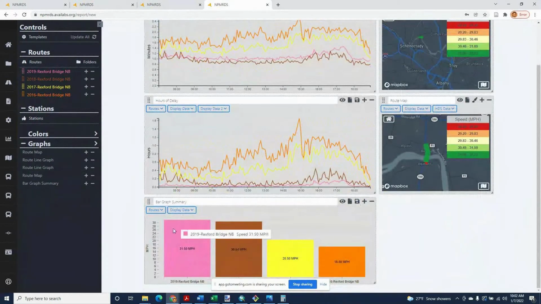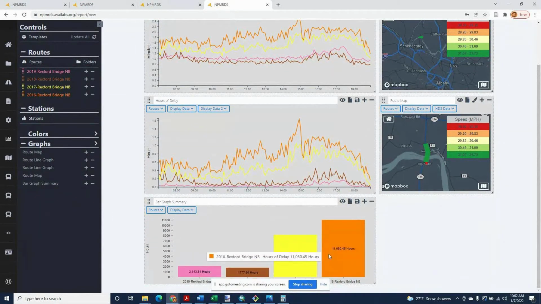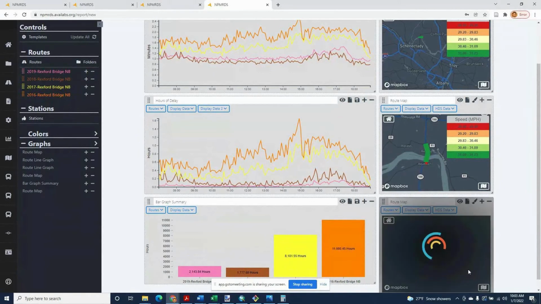So we're going to have to bring in our total hours of delay here. And so we have, in 2019, a total of 2,000 hours of delay. In 2018, it's 1,777. And back when the bridge was the old bridge, we have 8,000, and then previously even 11,000 in 2016. So this is clearly showing a stark difference in the behavior of pre and post. We'll add this in here and take one more